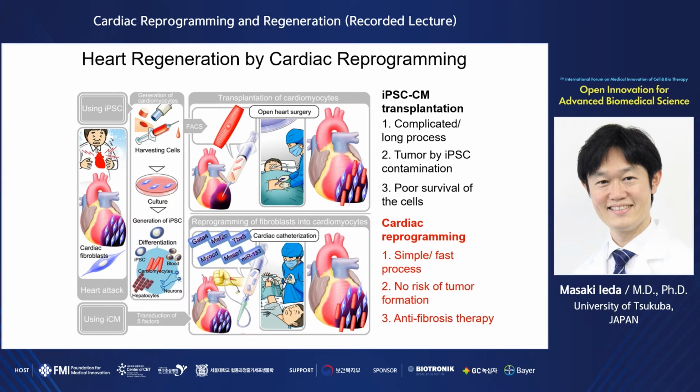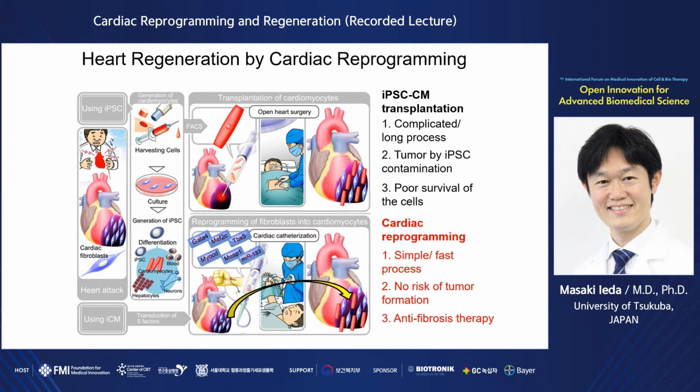In this case, you just need to overexpress cardiac reprogramming factors in the resident cardiac fibroblasts, and then convert these fibroblasts directly into cardiomyocytes in situ within the heart. So you don't need cell transplantation anymore. You can skip the long process of making cardiomyocytes in the middle, and this is good because